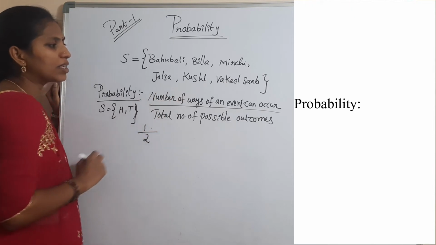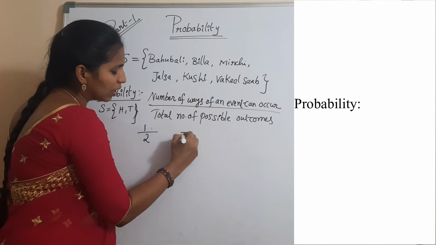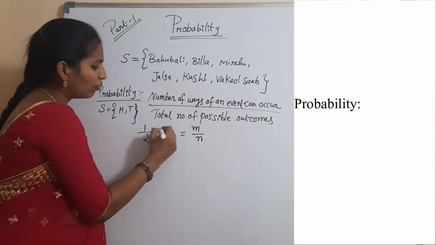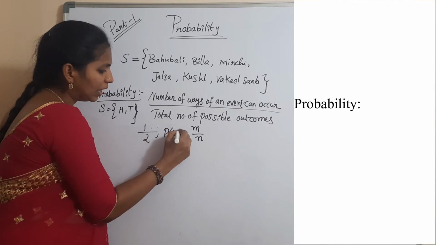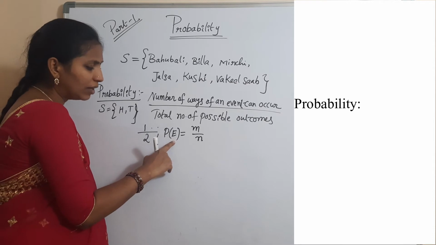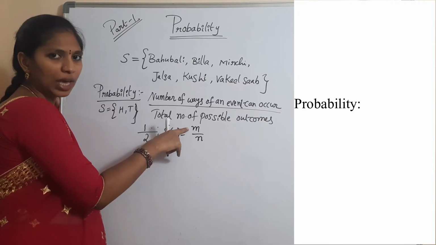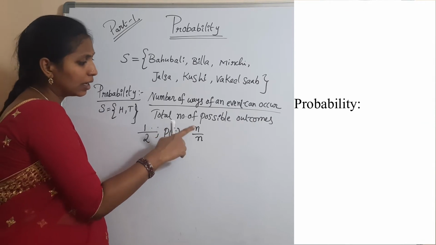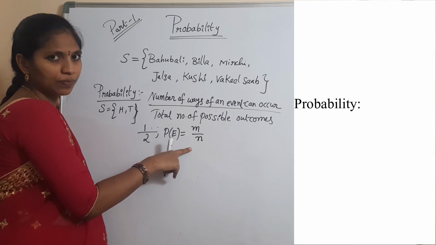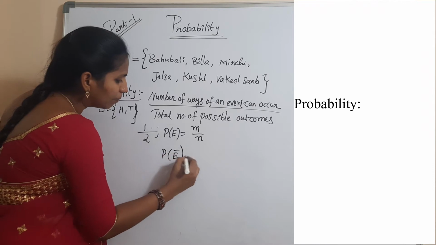The number of ways an event can occur, divided by the total number of possible outcomes, equals m by n. P of E equals m by n. The probability of an event equals m by n, where m is the number of ways of the event's occurrence and n means the total number of possible outcomes. And here, P of E bar,